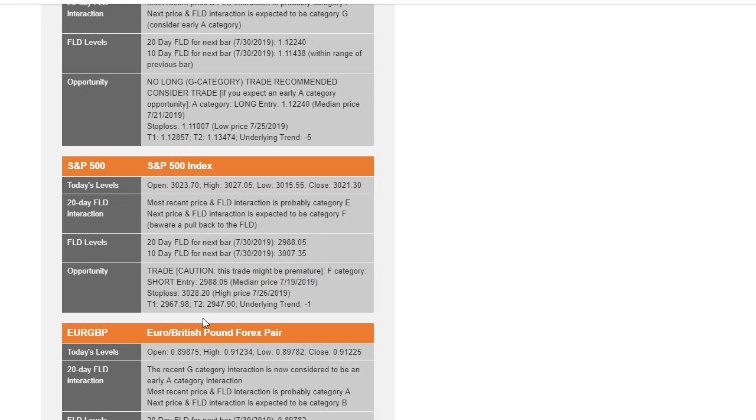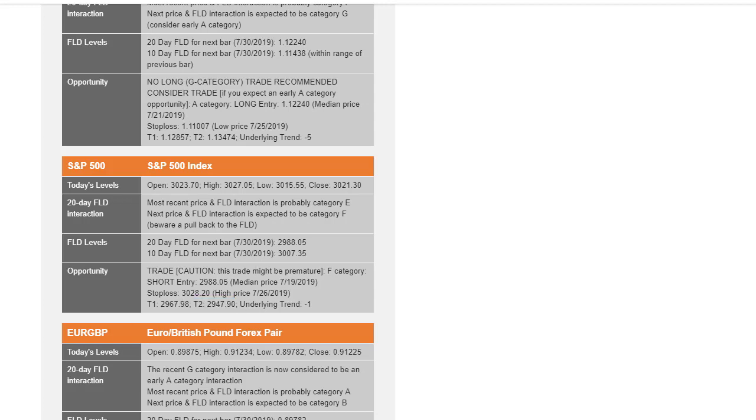We have a stop loss level and also a means for deriving that stop loss level. And then we have two targets. I'm not going to dwell on that now, but the full target for the cross over the FLD is what we call the T2 target. It is the cycle target, and you can see on this day that was